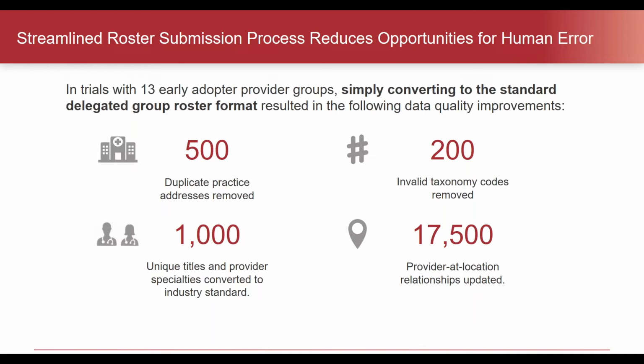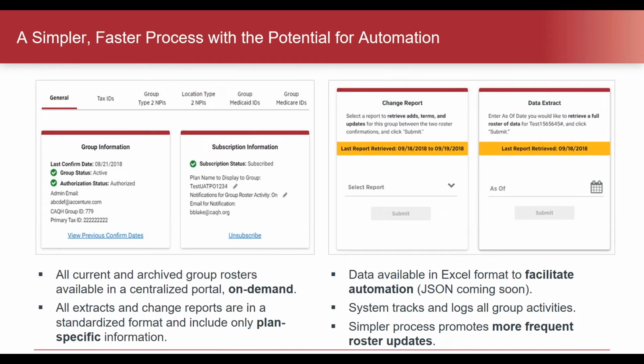You can see on this slide what the plan can experience within the PO portal, or the participating organization portal, of the CAQH ProView for Group solution. As a plan, you can log into one location for both your individual and group information within that CAQH ProView solution. You can also be certain that only plan-specific data is delivered to you from the group solution. When the groups submit that roster, they clearly indicate which health plans should receive which data.